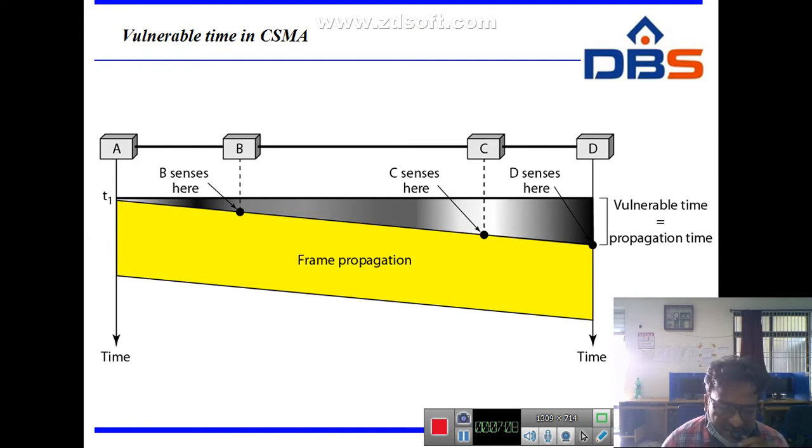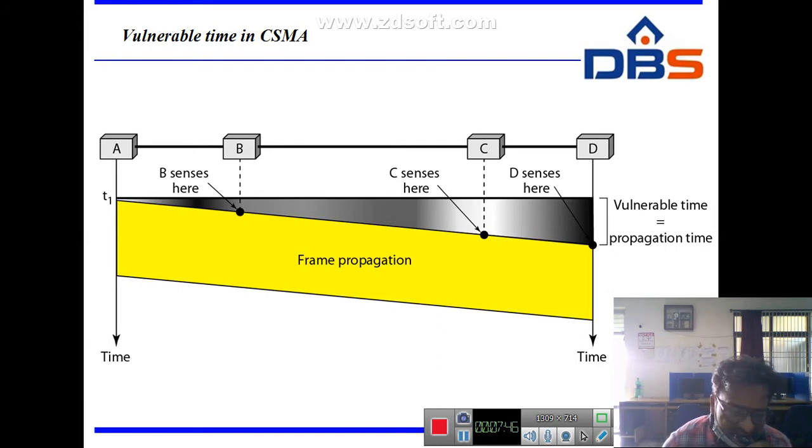So this is the time needed for a signal to propagate from one end of the medium to the other. That is the meaning of vulnerable time. If a station wants to deliver data to another station, the amount of time required to transmit from source to destination is called the vulnerable time of the